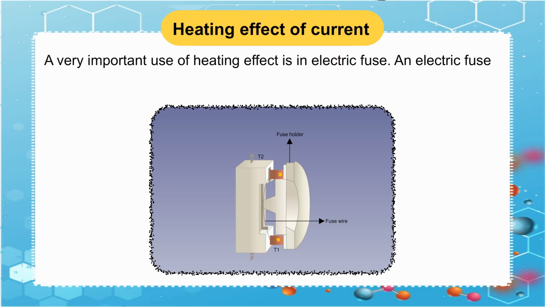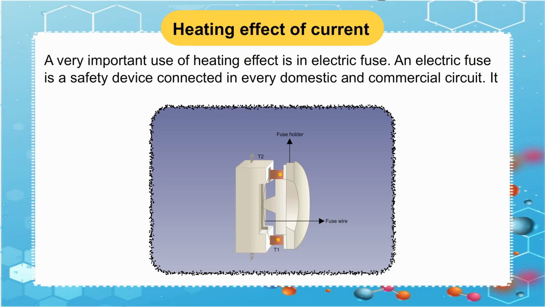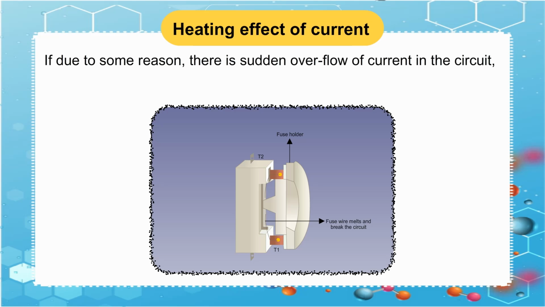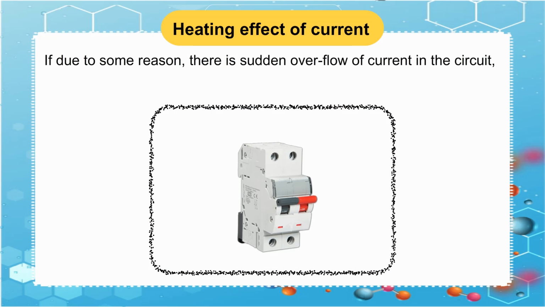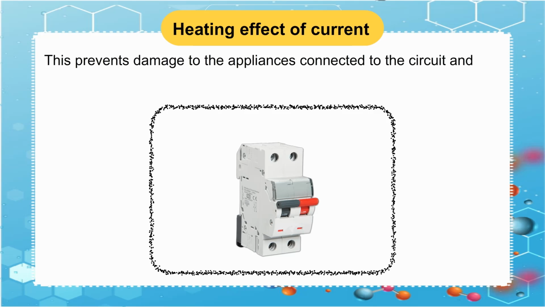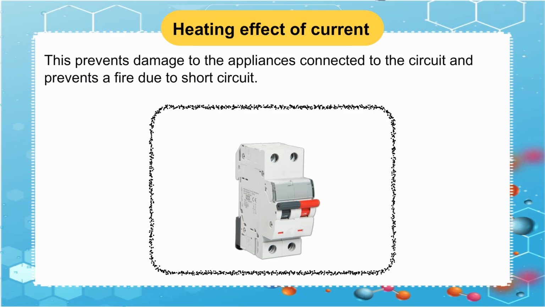A very important use of heating effect is an electric fuse. An electric fuse is a safety device connected in every domestic and commercial circuit. It contains a wire made up of an alloy which has a low melting point. If, due to some reason, there is a sudden overflow of current in the circuit, the fuse wire heats up and melts, breaking the circuit. This prevents damage to the appliances connected to the circuit and prevents a fire due to